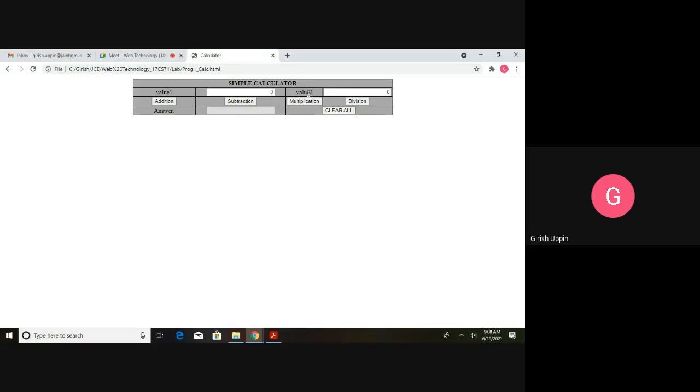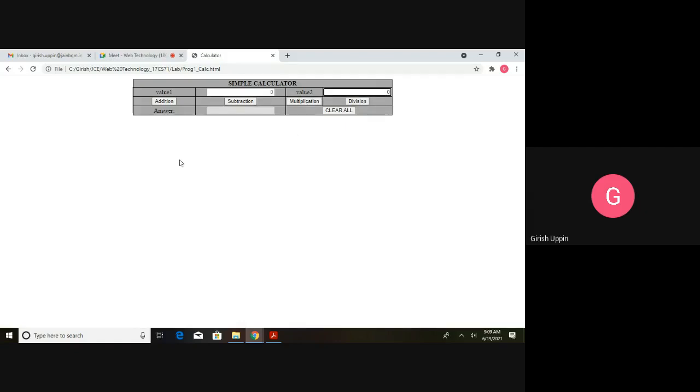And the second one is also a label: value 1, value 2, just to indicate what should be entered here. So again, another input text box. And in the third row, I have 4 buttons. In each of the td, I have created an input. The type is button. So this is addition, subtraction, multiplication, and division.